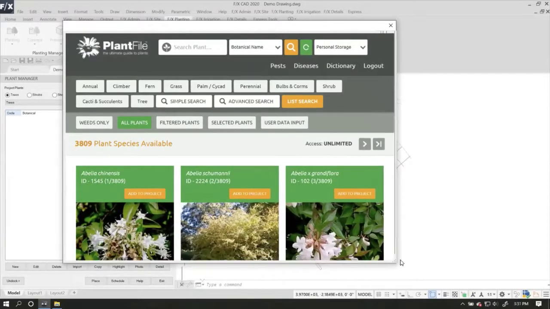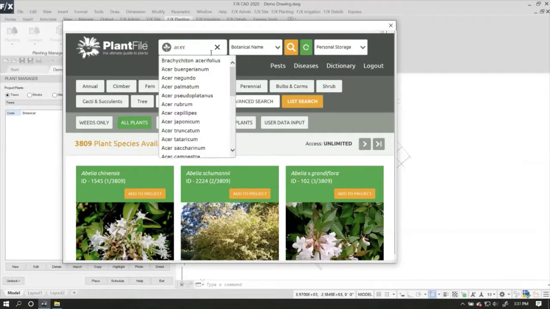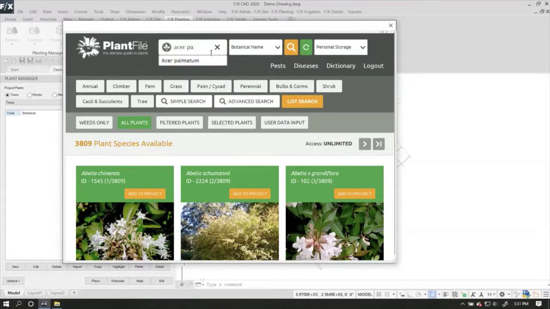And so what I want to just demonstrate now is quickly finding a few plants. Peter already went through the details of using the simple search and the advanced search and some of the other filtering tools that are available in PlantFile. So I don't want to repeat too much information, but I just want to show how it works in connection with LandFX. So I'm going to search for that maple, the Acer palmatum